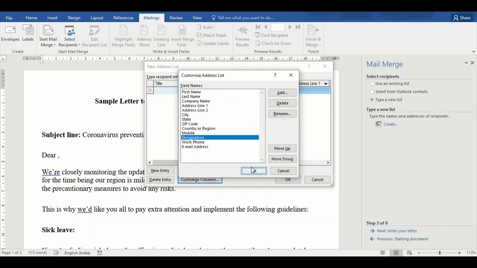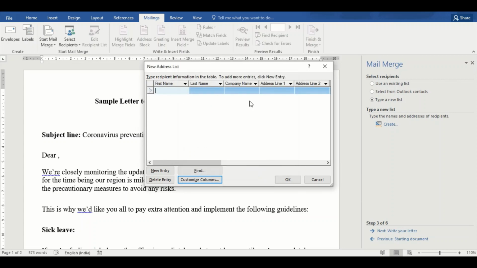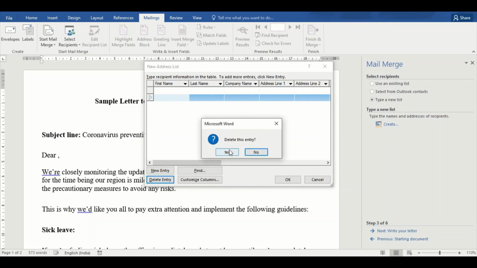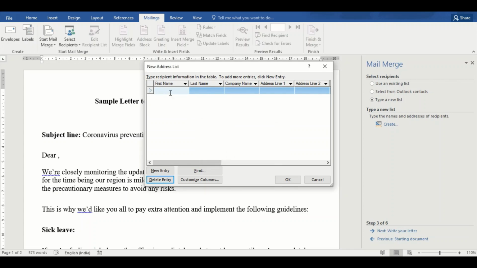So this is very flexible, and once I click OK, you see that it changes here as well. I can see all the fields like this, and also I can click on new entry from here and go to the next column for an entry, or I can click on the delete entry option and delete an entry. Let me enter something and see how it works. I'm not filling in all the fields because I'm just going to show you a sample. And then I click on new entry.